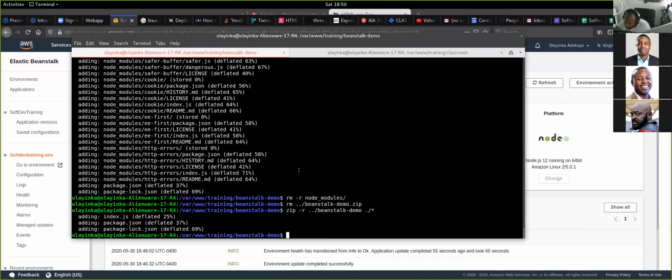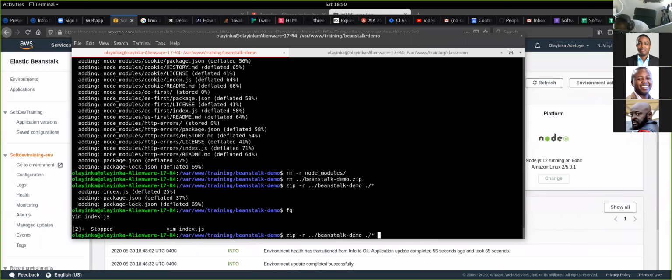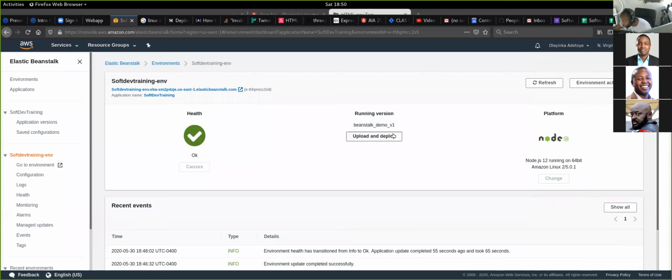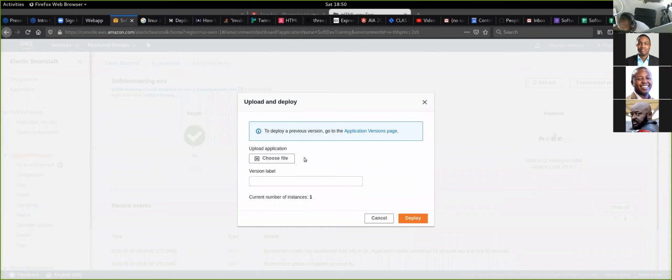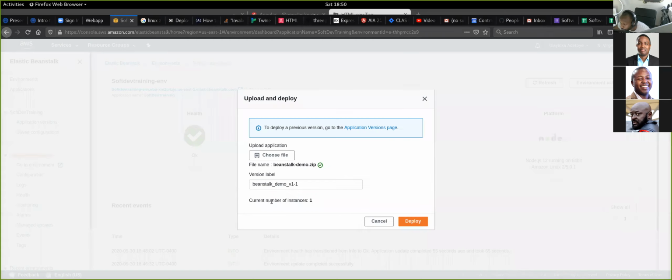If we changed our application, and let's just do that. So if we came here and we change the port here, let's change it to 8081, right? And I'm going to zip this again, and I'm going to come here. Now the deployment will go faster because it's already done the npm install. So if I now deploy this again, and then deploy version 2,